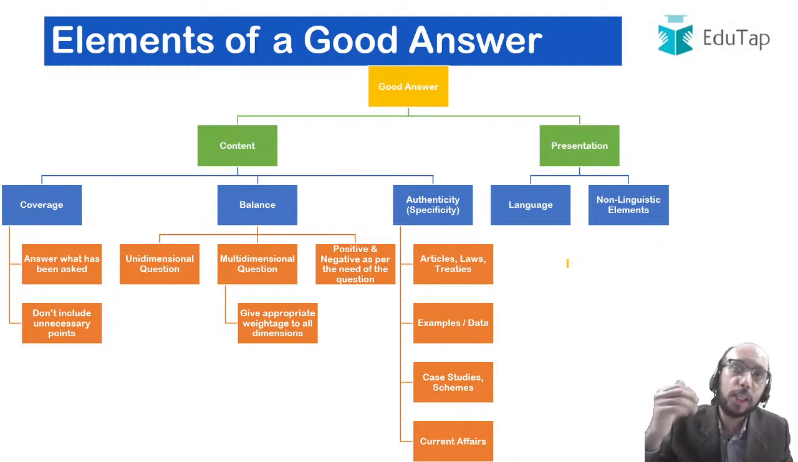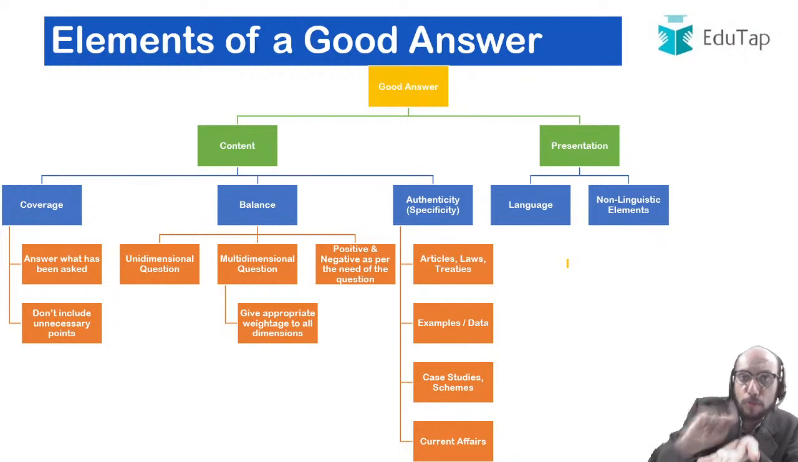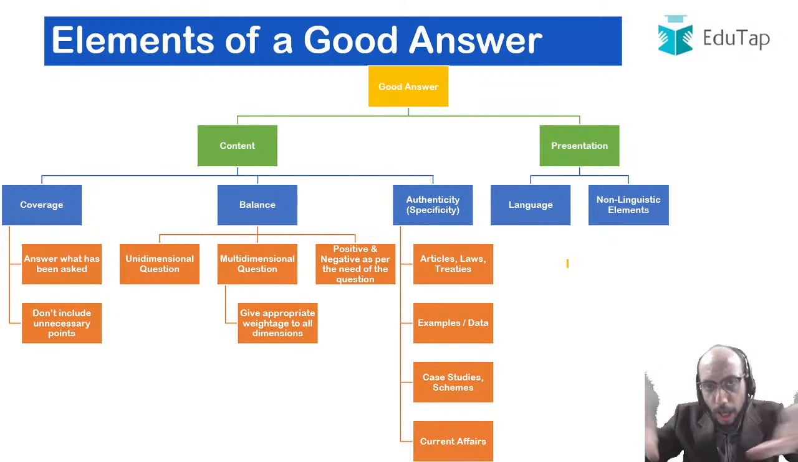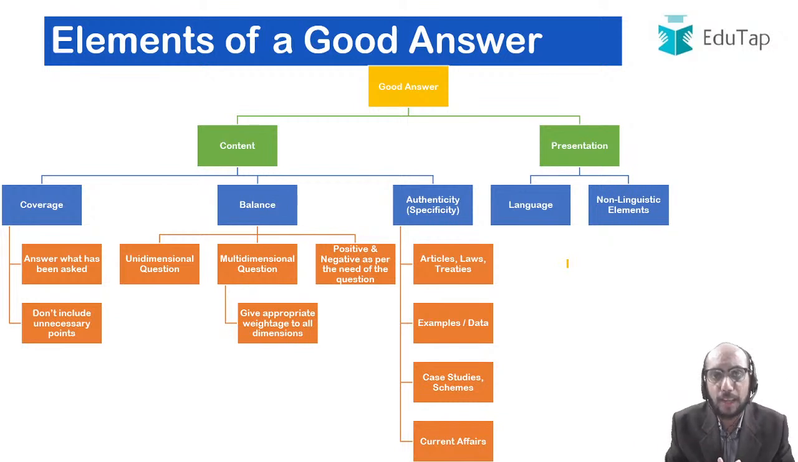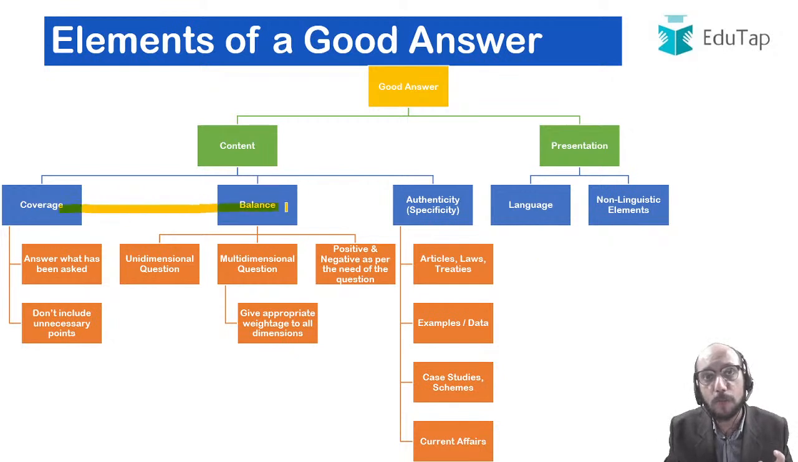If you give only the names of articles or the names of laws and you do not give the supporting arguments, you do not give the appropriate coverage, your answer is not well balanced, or you have just written one case study, that will also not fetch you marks, right? It is important to look at this entire thing in a continuum. This is basically a continuum from here to here. Your answer should have the proper coverage, it should be well balanced and it should be authentic, it should be